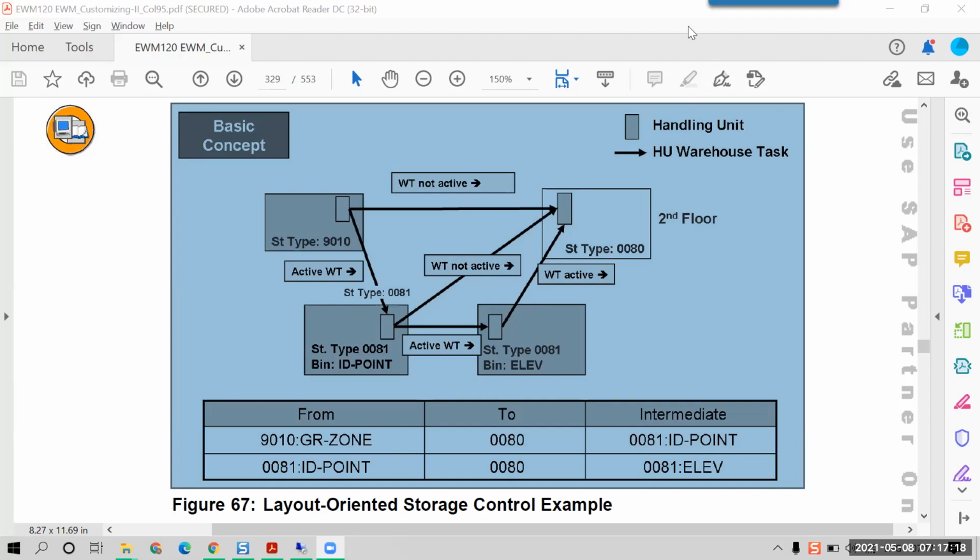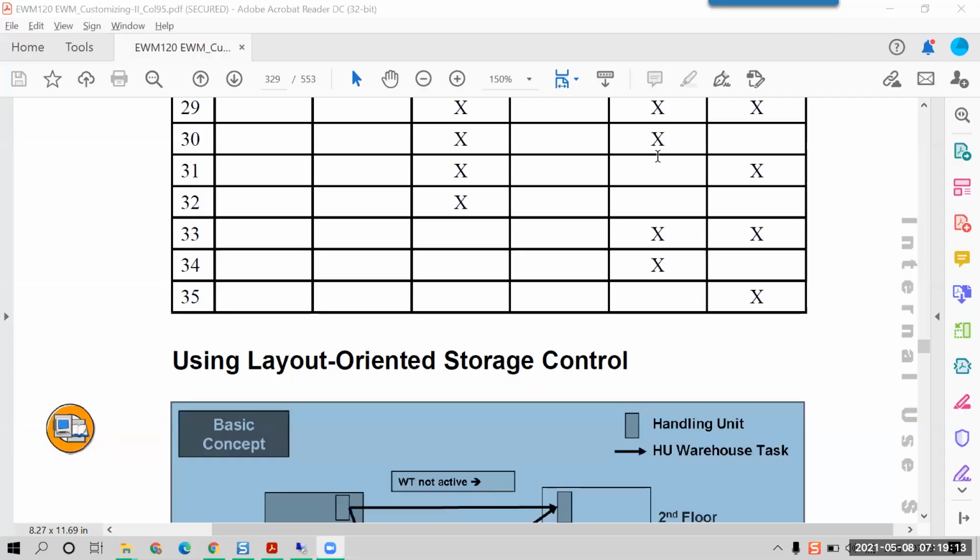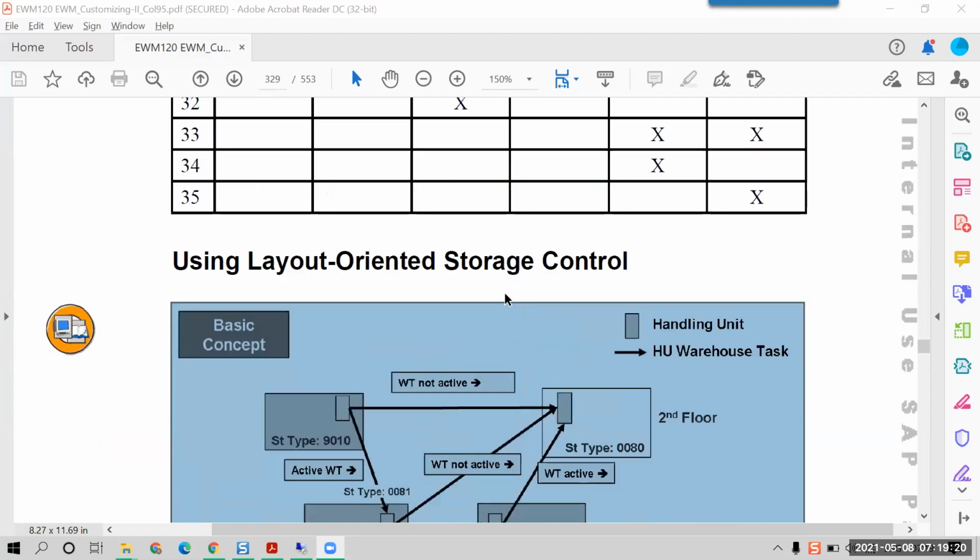I'll stop sharing my screen and then we can start. Raju, can you remain on the screen for a moment? One thing: initially the waiting task is created from 9010 to 80, and there is a sequence number for this 9010 to 80 ID, based on this table.